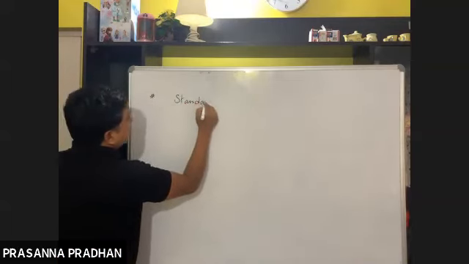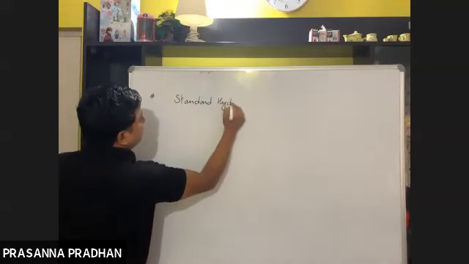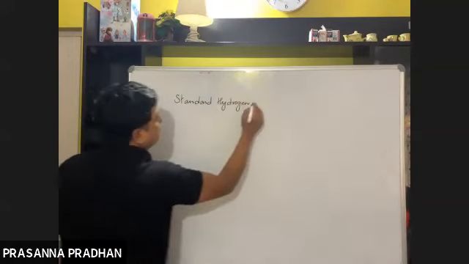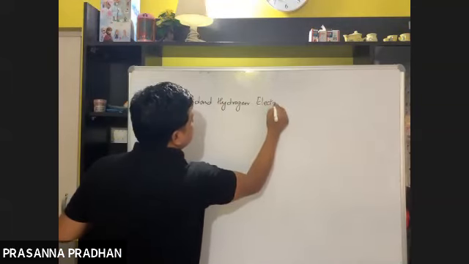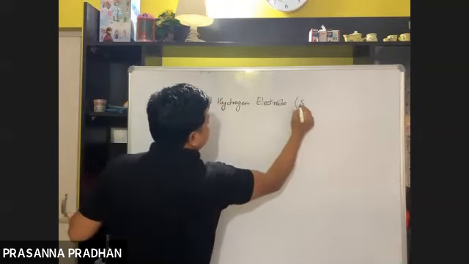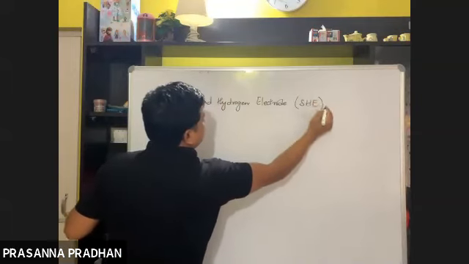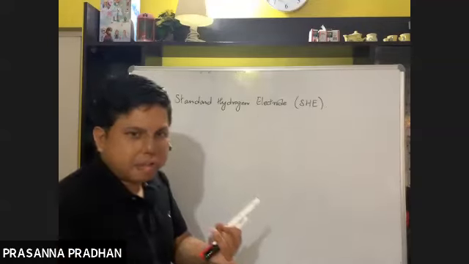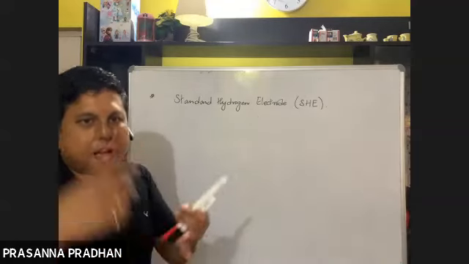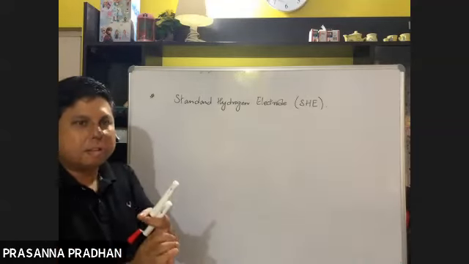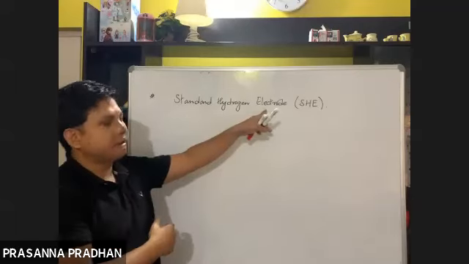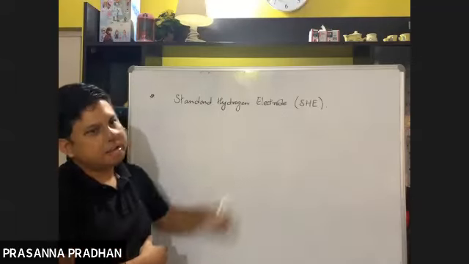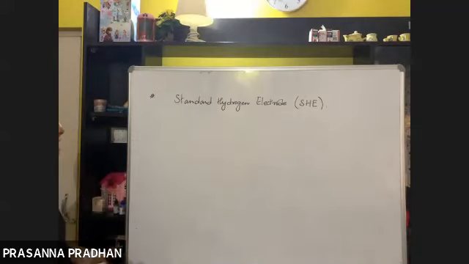It is known as a standard hydrogen electrode. Please let me know if it is not understood. It's also abbreviated as SHE. Whatever reduction potentials we measure, say if you are asked to measure the reduction potential of zinc, or of copper, or of a silver electrode, what do you do? You couple all these electrodes with respect to a reference electrode. What is the reference electrode used? Standard hydrogen electrode, abbreviated as SHE.